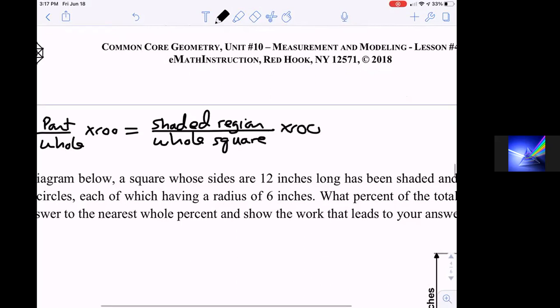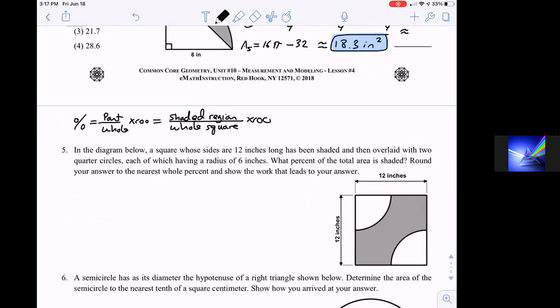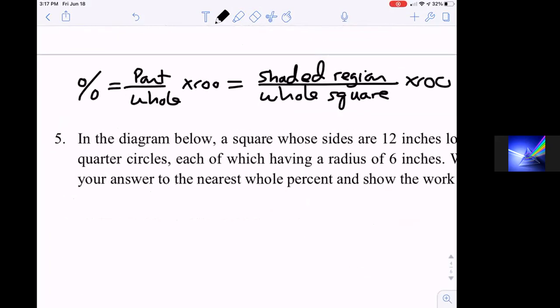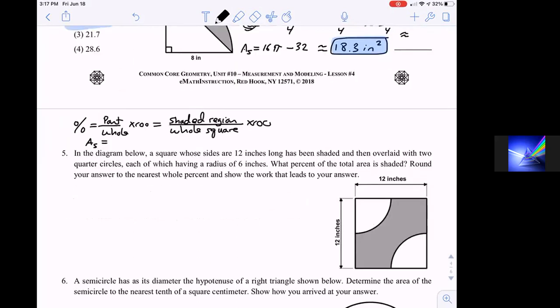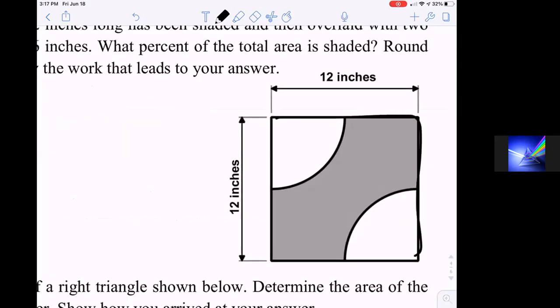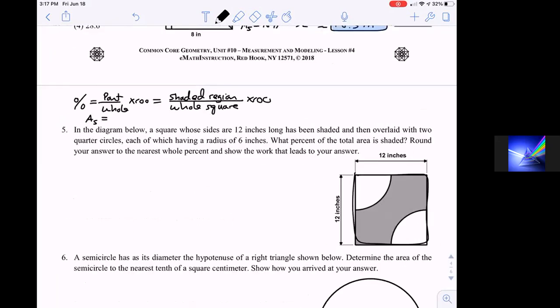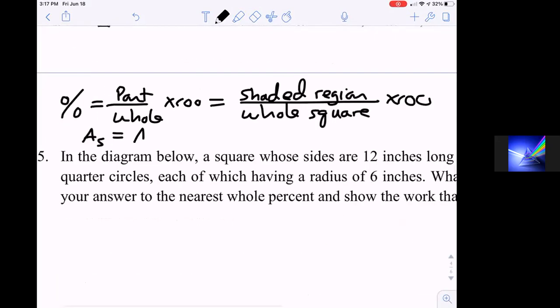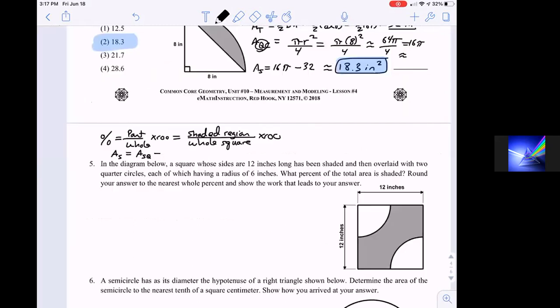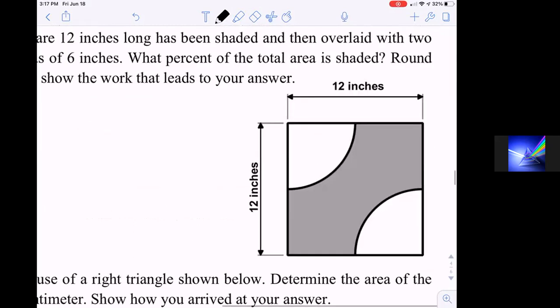So that's how we're going to find the percent part, okay? Now, how do we find the shaded region? Okay, so the area of the shaded region, A sub S, is going to be the area of the whole square, the area of the square, SQ,